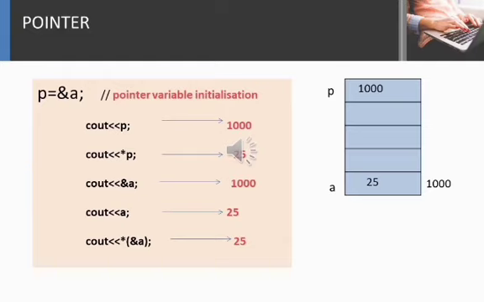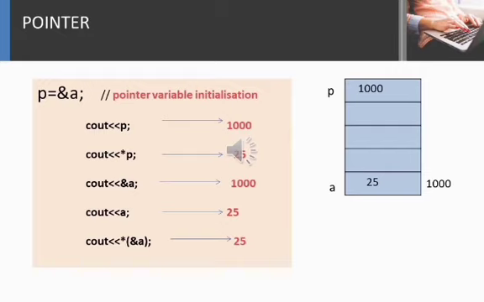And if you simply print A, what will happen? A is a normal variable, no? So, it will directly return 25. And star in the bracket ampersand A means value at the particular location A. Okay, so the answer is 25. Hope you understood this one, the concept of pointer, right?